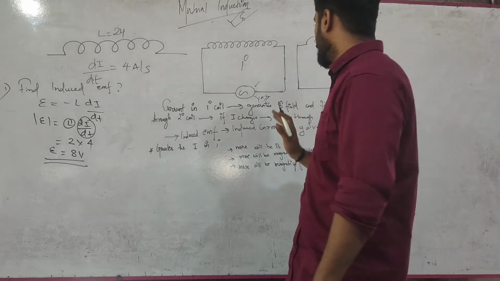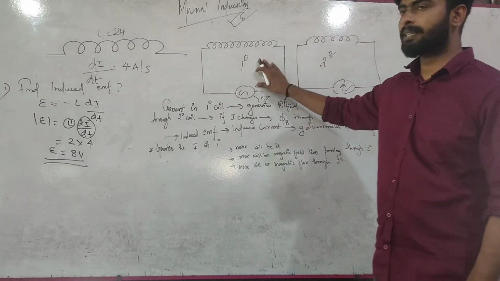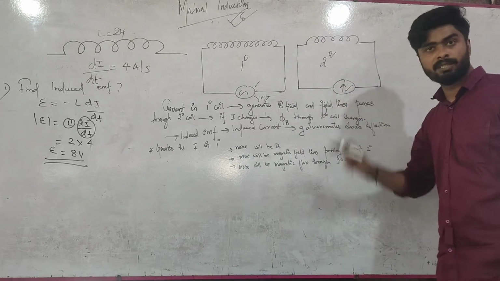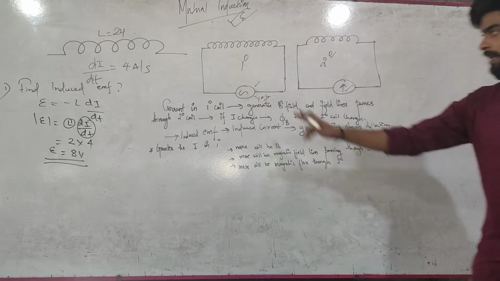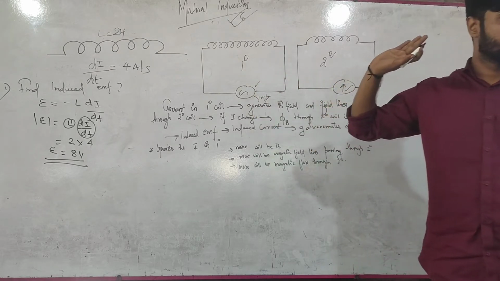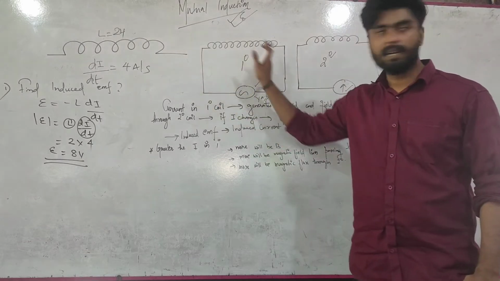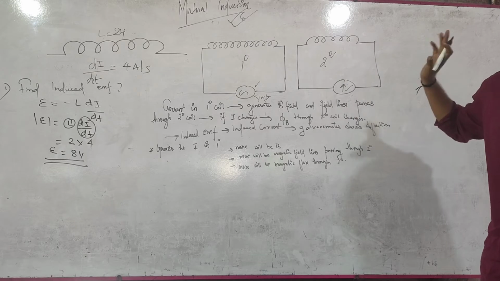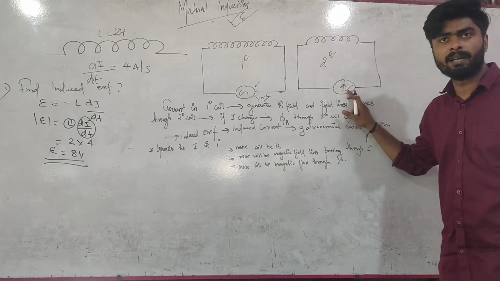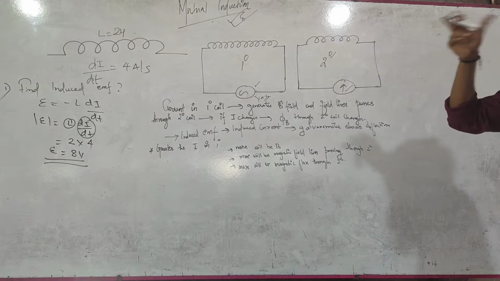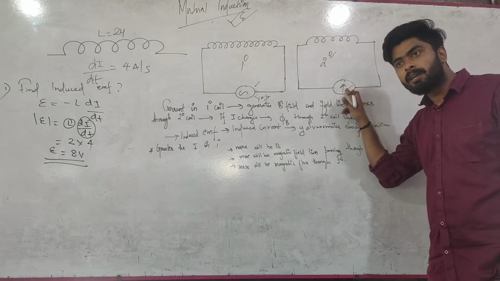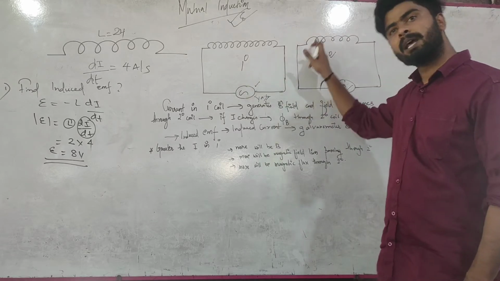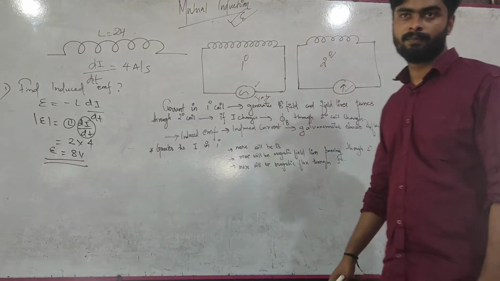So mutual induction is nothing but in the neighboring coil. See, here only the AC source is there. There is no source of current in this coil. But even then you can find deflection in this coil. In the primary coil you can see an AC source, so you know well that there will be a current in this coil. But in the secondary coil you can't find a current source or AC source. You have only a galvanometer which is connected to a coil. But even then you can find a deflection in this coil. Why? Because EMF is induced in the secondary coil due to the primary coil. And this is what is called mutual induction.